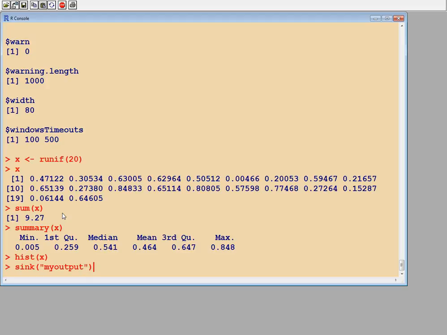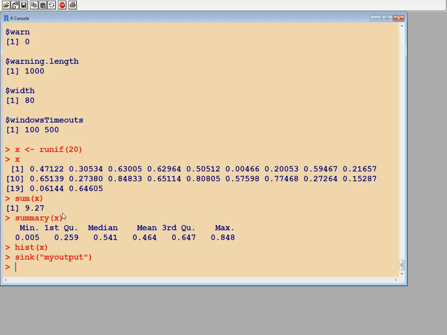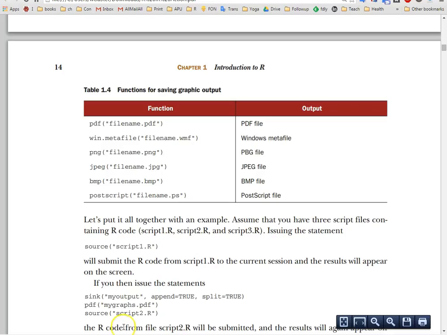Hopefully this works even though we don't have a file called my output. I think it will write to it. So now anything that we do is not going to be shown on the screen, but rather written to this my output file. So now let's try to do this command, which is